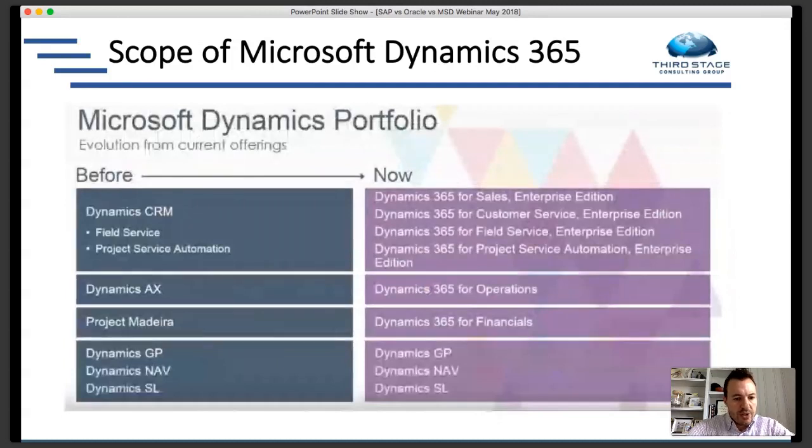So as I mentioned before, there's a number of different solutions that go into Dynamics 365. You used to have different solutions with Great Plains, Navision, Dynamics SL, Dynamics CRM, and Axapta as well. And now everything's moving over to Dynamics 365. Now, the challenge with Dynamics, and we'll talk about this in a little more detail, is that the Microsoft channel, historically and even today, has been pretty fragmented.